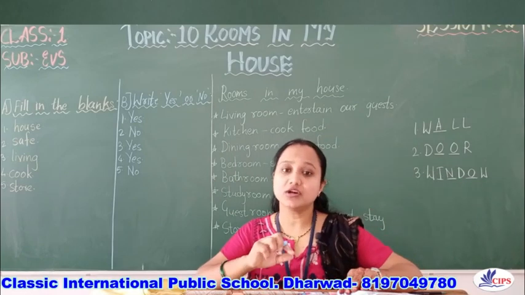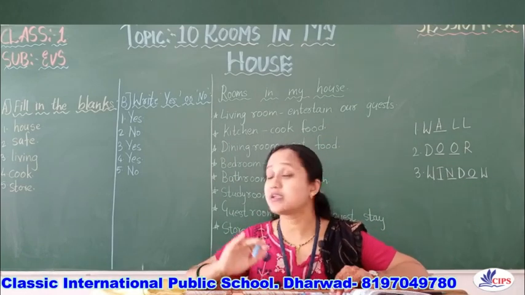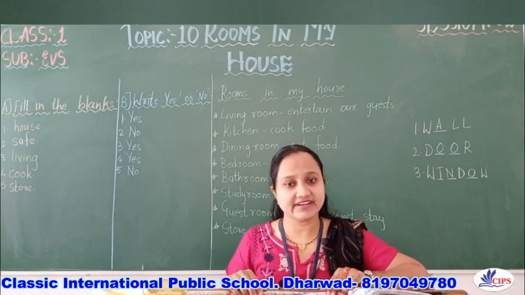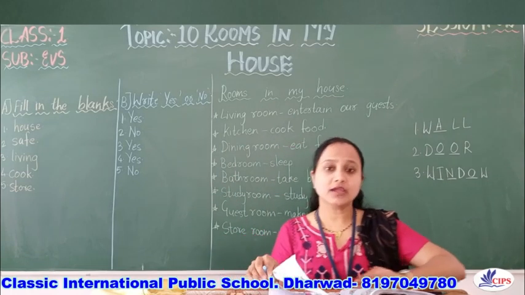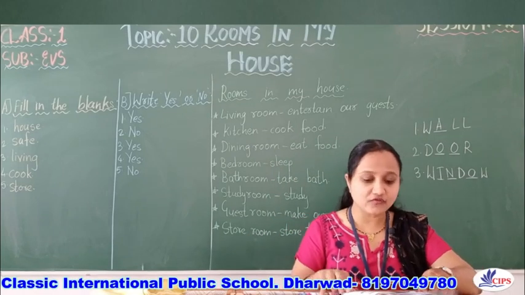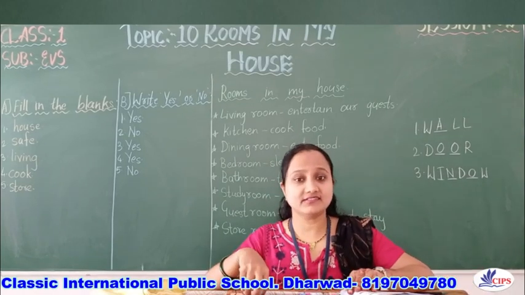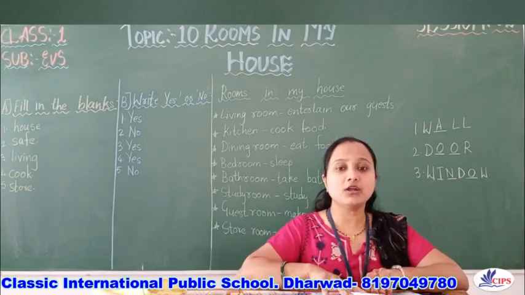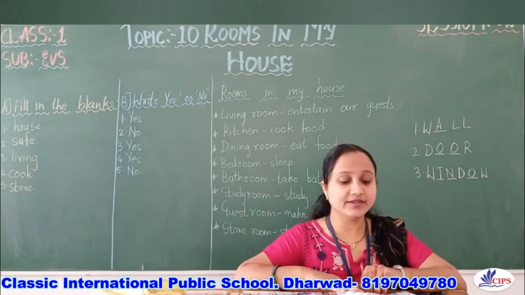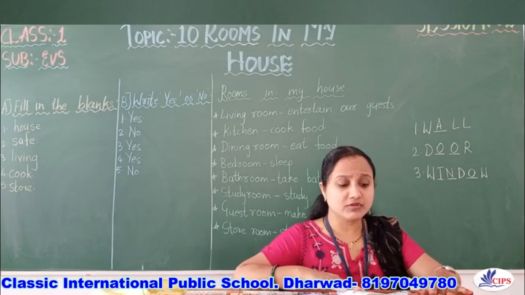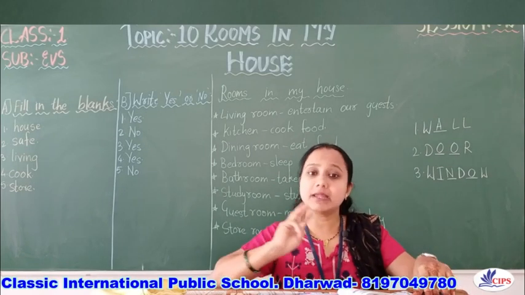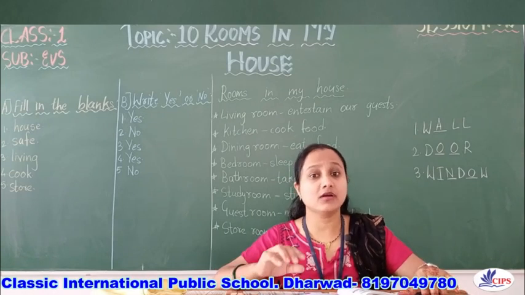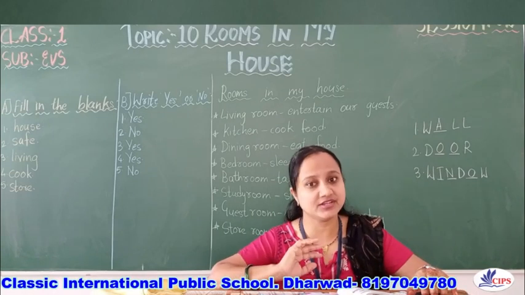Please children, pause the video and look carefully at each of the spellings and the answers. Okay, and write it down correctly. Okay, now turn your page. Go to page number 66. Circle the odd one out. Now children, here in this question, you have been given 3 pictures. So you have to circle the odd one, the one which is not related to the others.